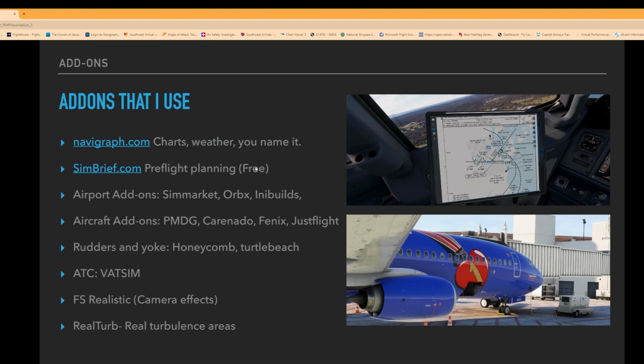FAA sectionals are embedded in there. It's a really great service, and I definitely would highly recommend this. I would recommend this 10 out of 10, no problem. That would be the very first thing I bought. If I buy anything, I buy that, because that's going to let you fly IFR, VFR, the whole 9 yards,